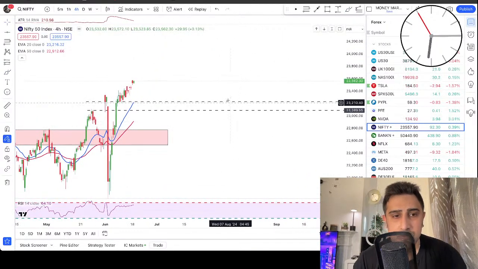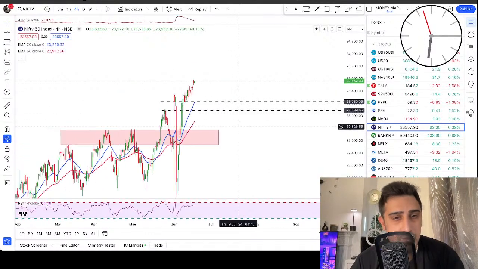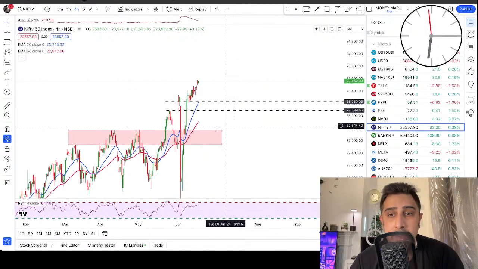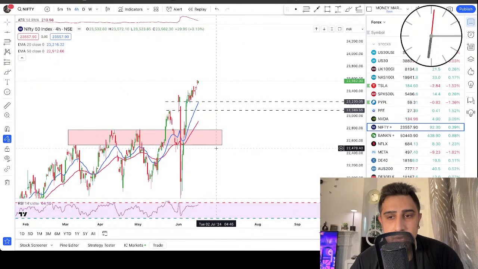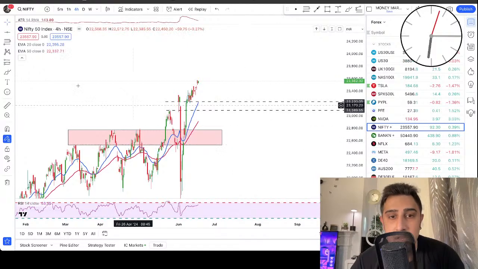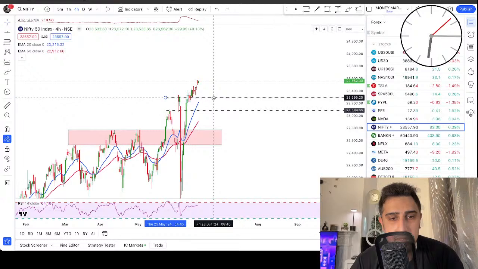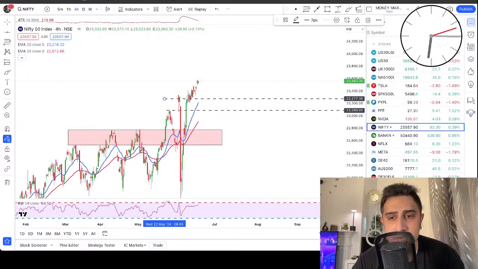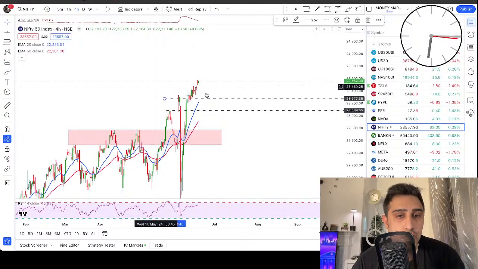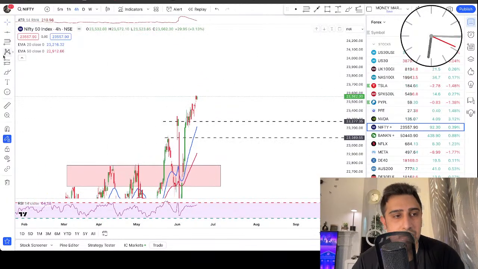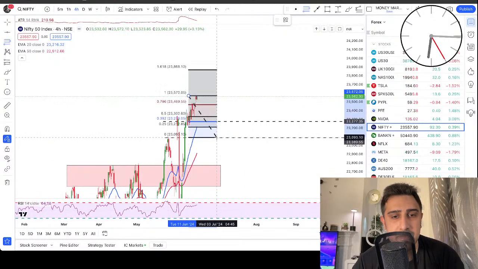So Ashok, I've already marked these levels because I'm following the Indian market as well. So it's 23,089 that goes to 23,230. Just mark this level on your charts. Adjust it like this. So 23,277 that goes down to 23,089. So what we can expect, a pullback and then a continuation towards the upside. So we can also calculate the pullback from the Fibonacci retracement like this.